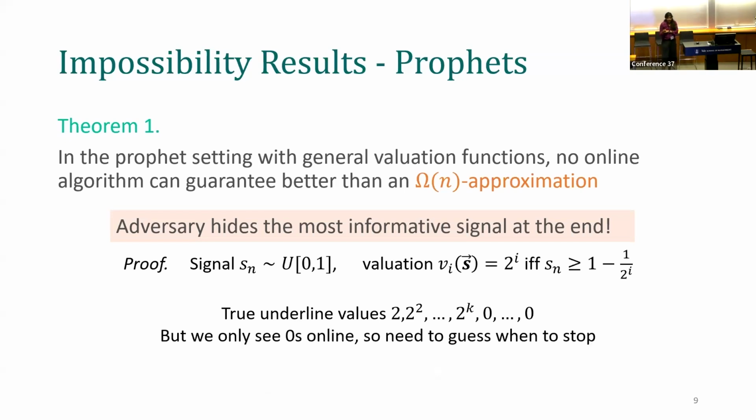But for any online algorithm, we have to make the decisions online, and we are only going to see a bunch of zeros. Up until the very end, only when we see Sn, are we going to learn anything at all. Up until then, we are only going to be seeing zeros. So all we can do is guess where to stop. But as I said, no matter who you decide to choose, their expected value is just going to be 1.